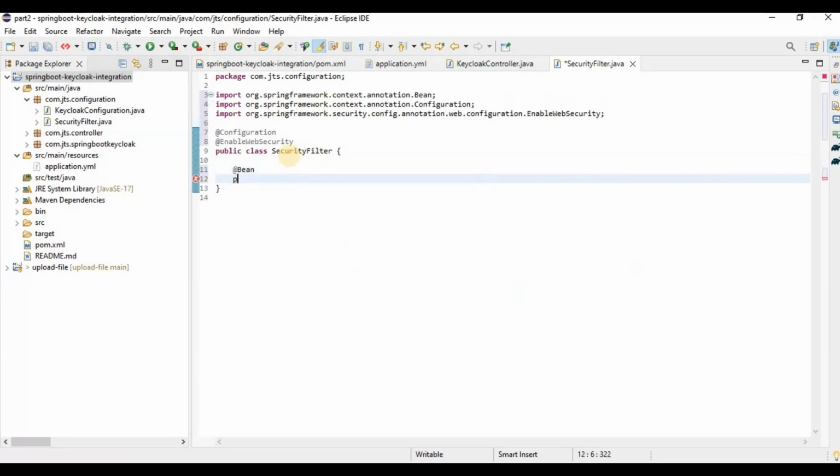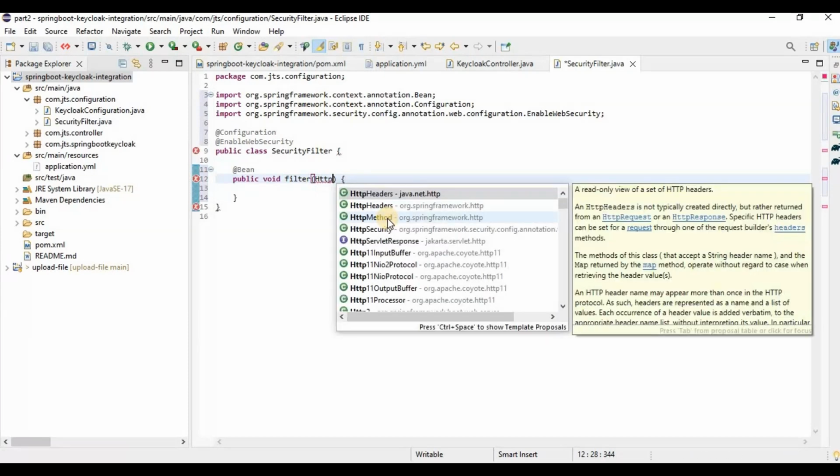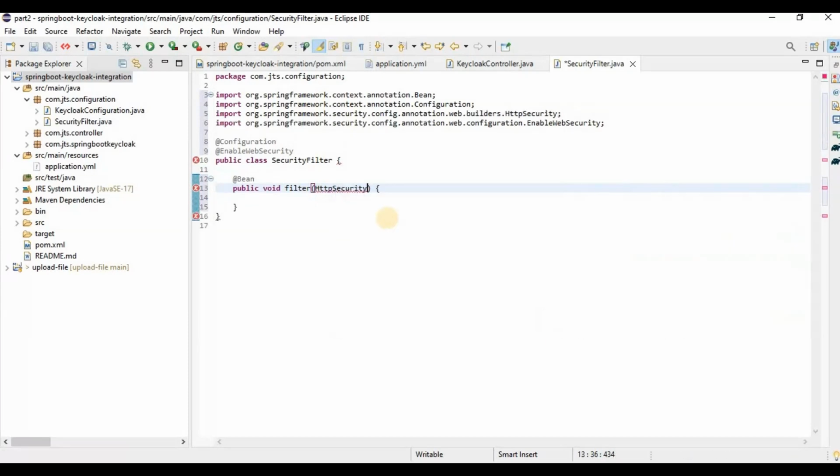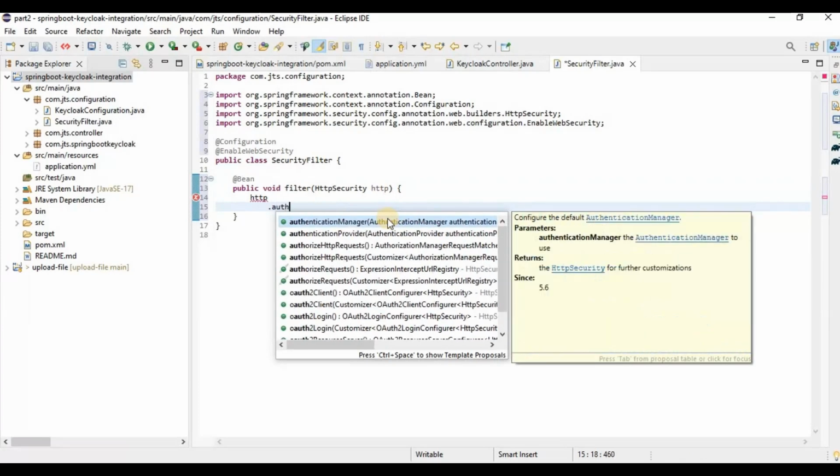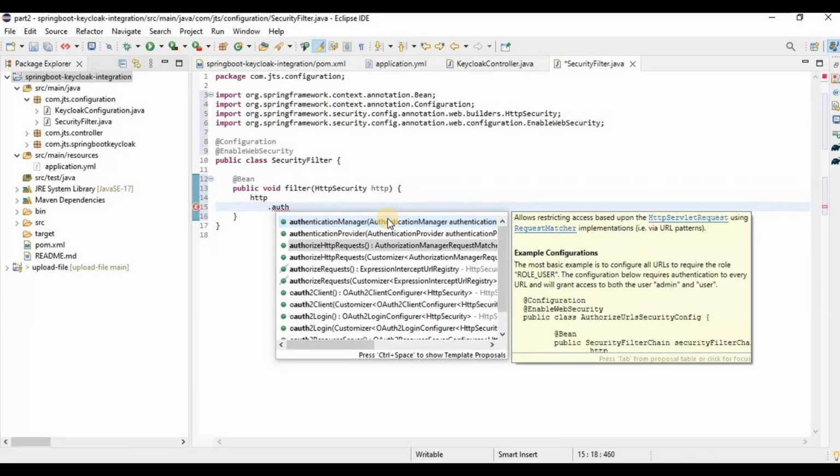Okay, and it will be public, for example I'm keeping it as void, then filter, and it will take one input, which is HTTP security. Now here, HTTP dot authorize requests. Okay, HTTP request